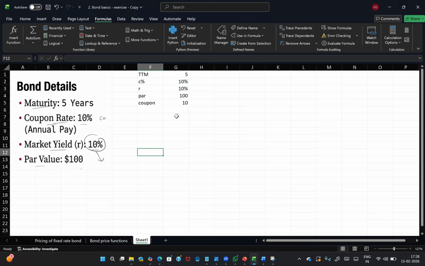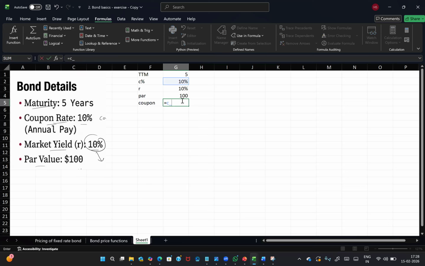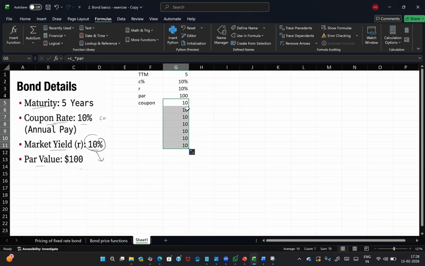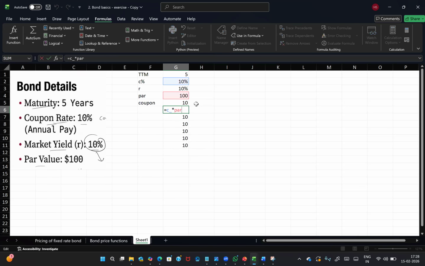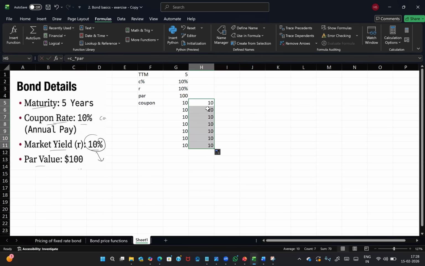Now, what is the use of this? The use of this is we don't have to freeze the cells when it comes to referring back to the assumptions. We can directly use them. For instance, if I want to find the coupon, that is nothing but coupon percentage into par value. So I can just write this, and even if I drag it anywhere, I don't have to worry about cell freezing. For instance, if I had not used names and had written this formula, C percentage into par, and dragged it,